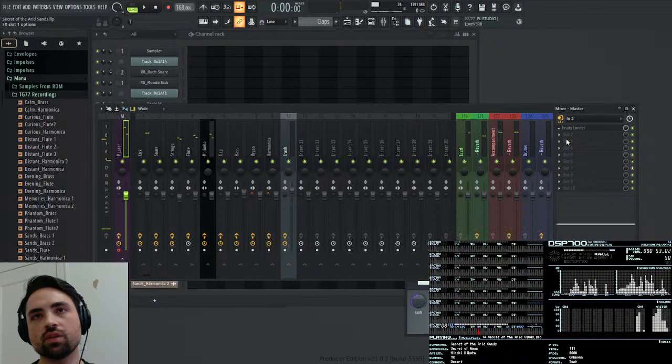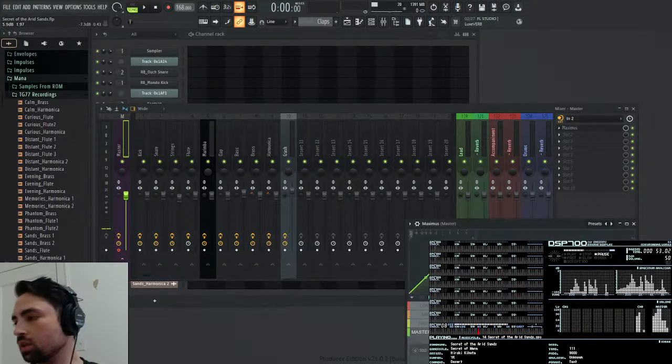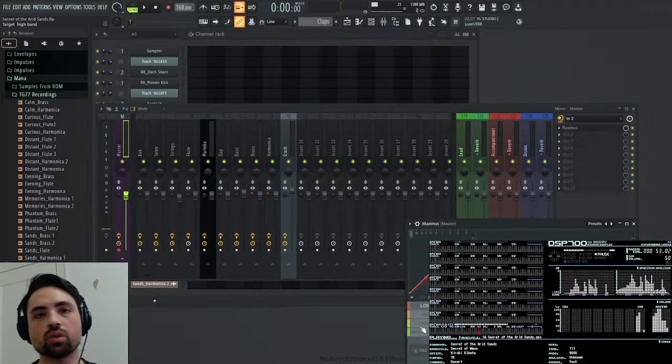Nice. So let's turn this into Maximus. And then we can start to compress, start to, what do you call it? Forgetting the word. Oh well.